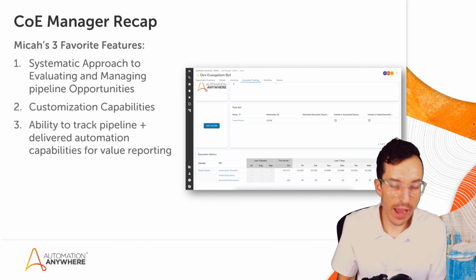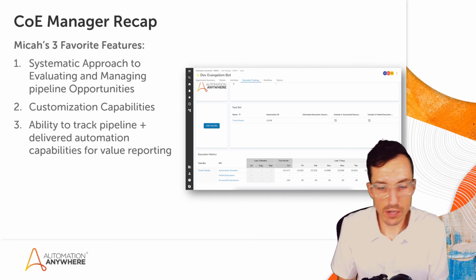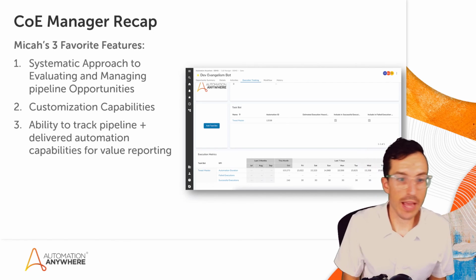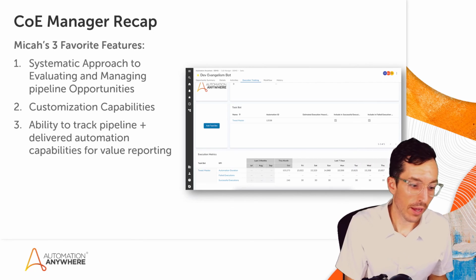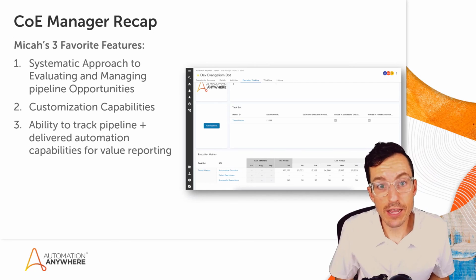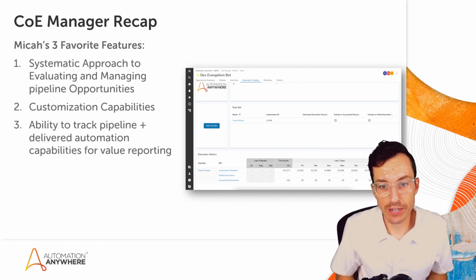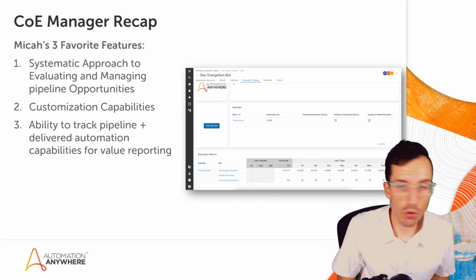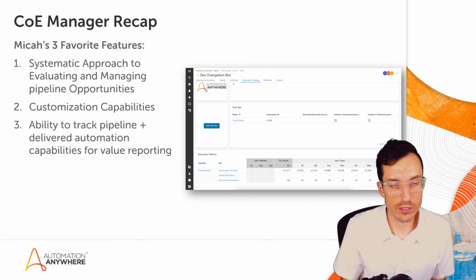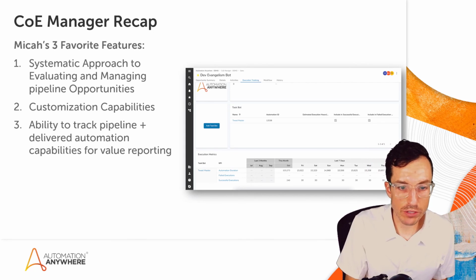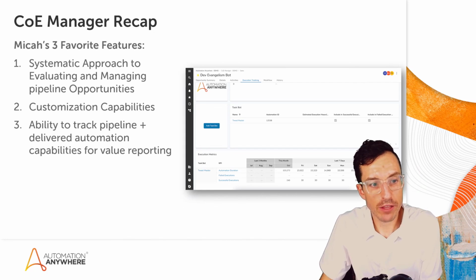But I like the fact that you're able to do that based on not only those basic metrics of the hours saved or the money saved, but also those one-off metrics like, what avoidance of penalties or financial fees did I have? Did orders get processed more quickly? What's the value for that, right? I have those one-off values that I can add, but I also have the values for